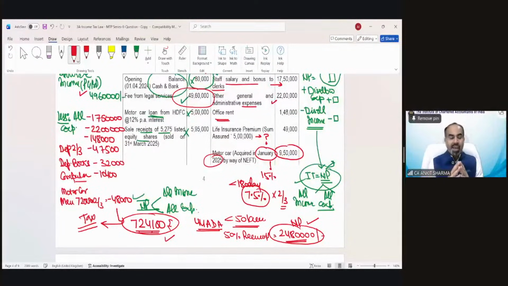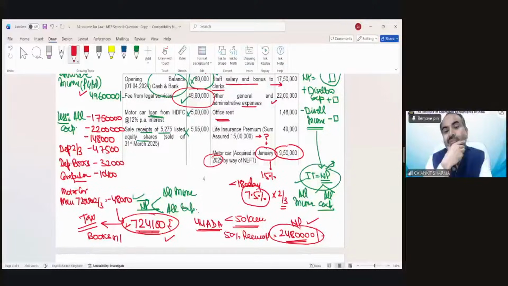If you are carrying on a profession and if presumptive taxation scheme option is available because your turnover is less than 50 lakh, and if you show the profit less than 50%, as we are showing it, because we will declare the profit 7,24,100, then you have to maintain books of accounts and you have to conduct audit also by a CA. So these two conditions need to be fulfilled. Now, this kind of information, you have to write it down in your examination.